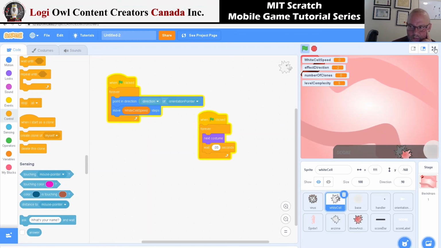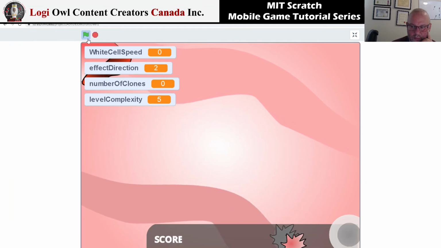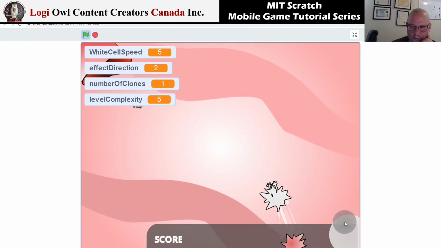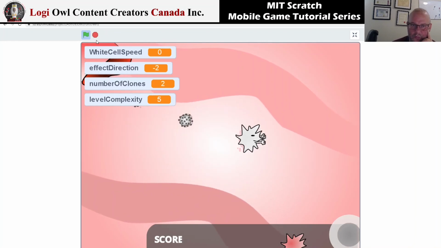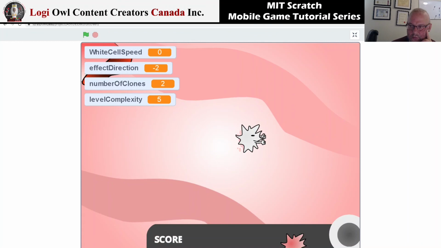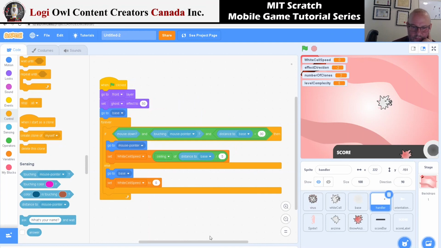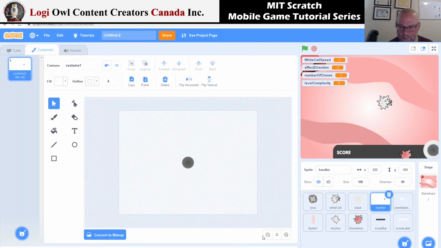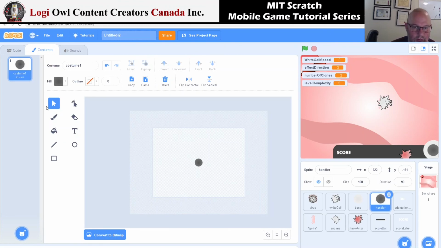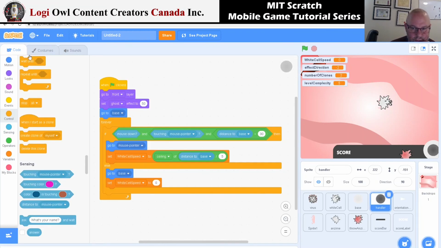Let's try now. Okay, why am I going back to the same? This is related to the handler, I think. And the handler itself has a problem. Go to the custom, zoom away and try to find what's affecting that one. Now it's okay. Now for the handler, the code itself, when I go to base, set white cell speed to 0, go to mouse pointer,